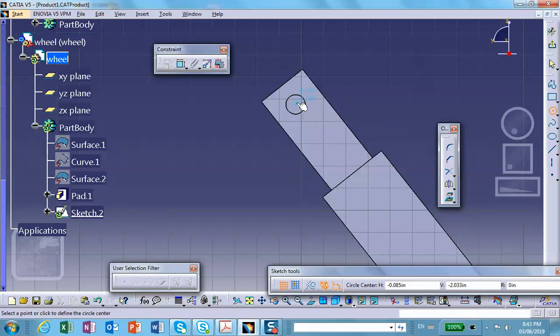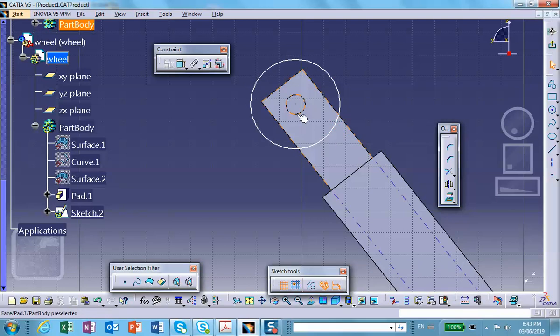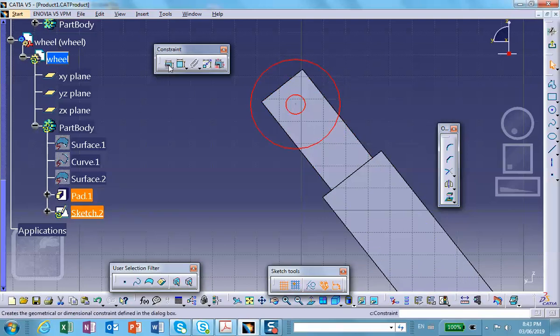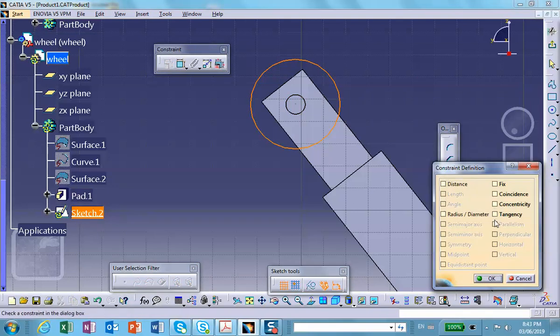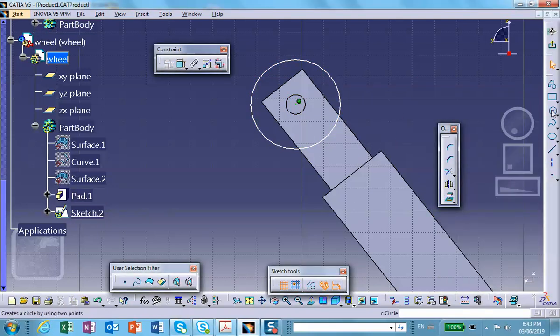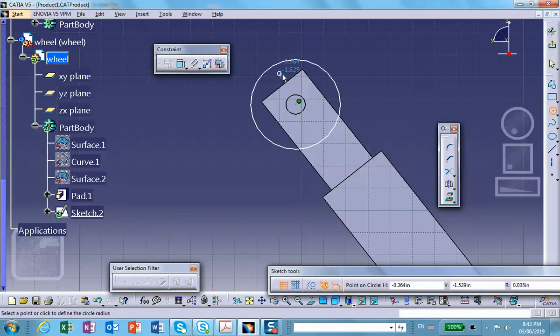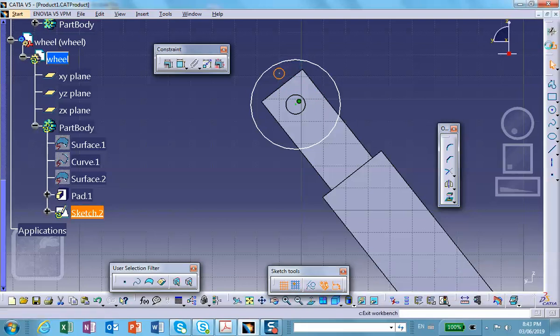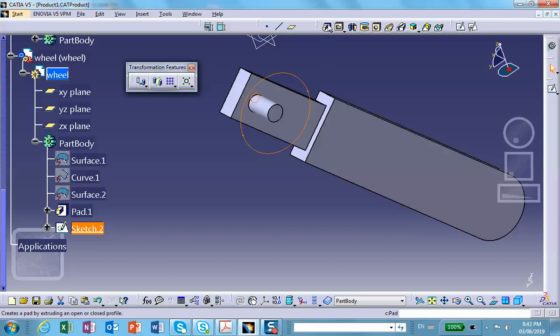We can make it concentric in a minute. Okay, so this, control that. We're going to make it concentric. Okay, and we make a little indentation here so that we can see actually that the wheel is rolling later on. Exit, pad it by